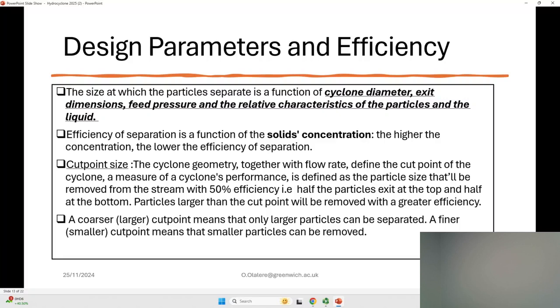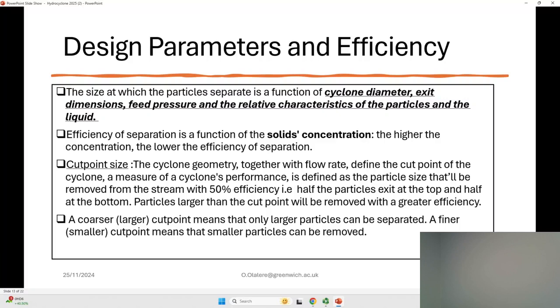For cut point size, anytime you have a hydrocyclone, the first thing we ask is, what is the cut point size of that hydrocyclone you bought for us? Oh, the cut point size is 50. No, the cut point size is 20. If the cut point size is 20, it means,